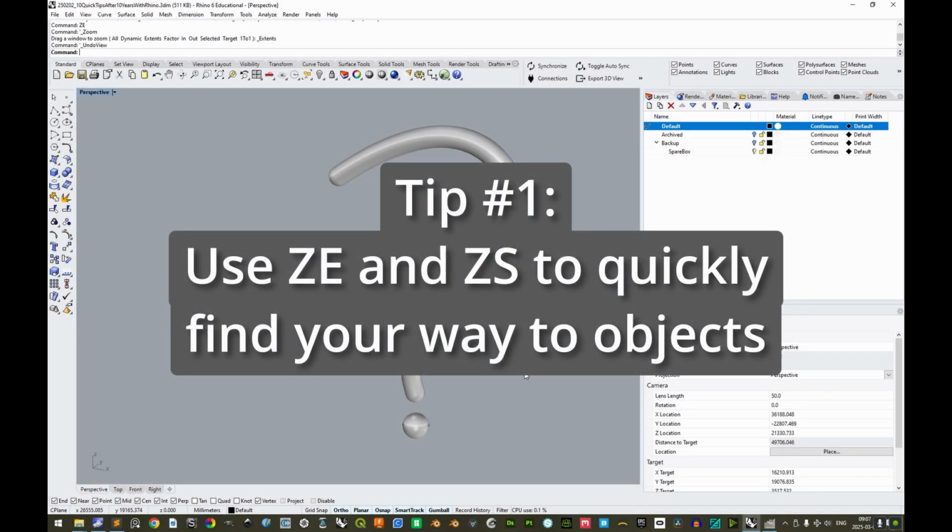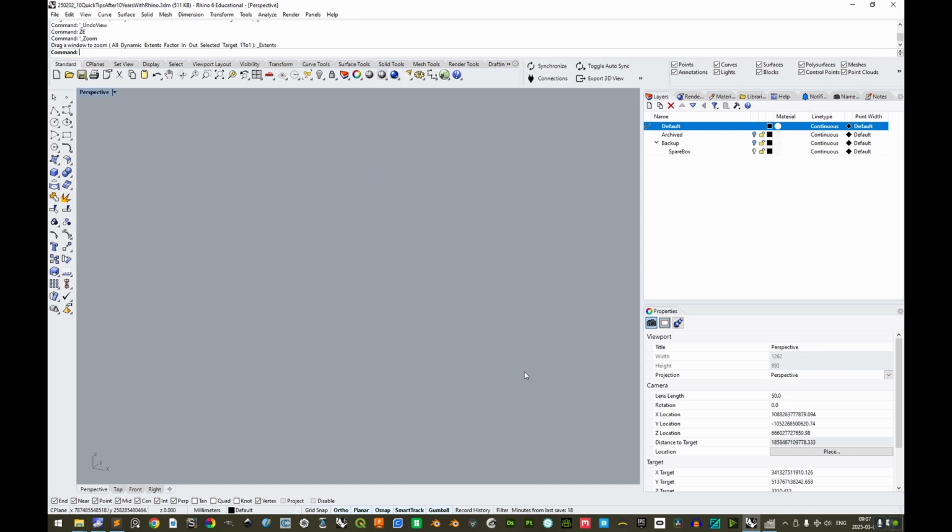Welcome. To locate objects which you have trouble finding, you may use the command ZE, or zoom to extents, to zoom in the current viewport for it to cover all visible objects. In this case, the visible objects are situated so very far away from each other that we don't see them